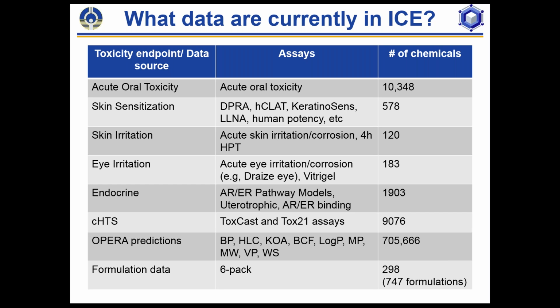And this data was obtained with a collaboration through EPA. And so there's no CBI data here, but you'll be able to see active ingredients for a list of formulations, the percent active ingredient, and then the toxicity, the EPA and GHS labeling values. So you can see that we have an awful lot of data, and I'll be talking about the CHTS and the OPERA predictions next to go into that.